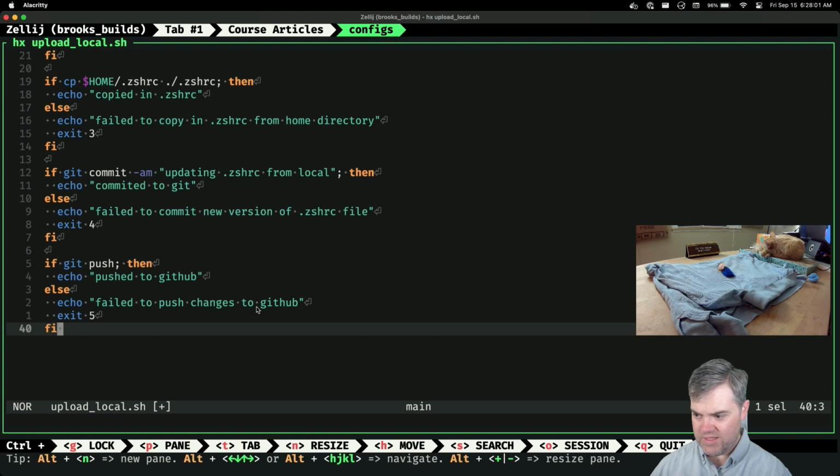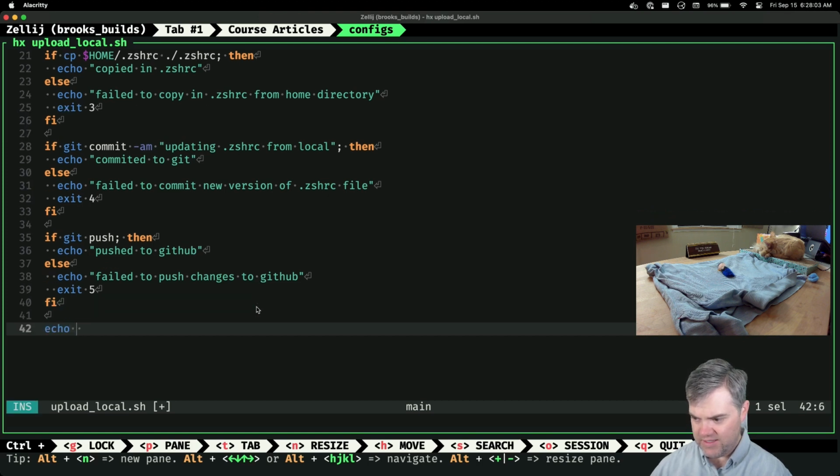All right, and then we're good. So the final thing is echo local changes pushed to GitHub. Local, probably should just say local .zshrc push to GitHub.